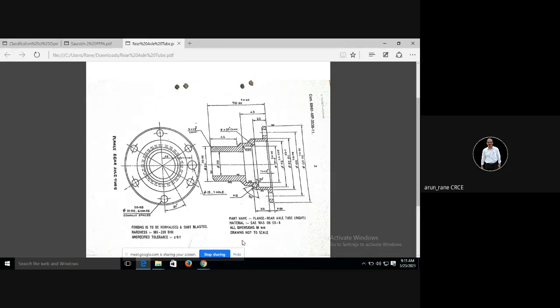Alright? Yes sir. Sir, if I am making 38 in forge quality for the basic shape, then there is no need to make it as small as 33; 35 or 36 would also be enough. Yes, 35 or 36, minimum 2 millimeter you can keep. So it depends upon the process, basic process also. Like suppose if it is powder metallurgy, then you can keep say 37 only. If it is casting or forging, then you can keep 2 to 3 millimeter, 35 etc. But you have to ensure that there is sufficient stock for machining.